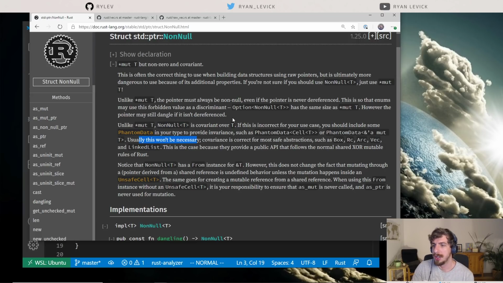Cool. Chad is asking, is it possible to use Box<[T]> instead of raw pointers in an N? It's probably possible to use Box<[T]>. I explicitly don't want to use slices for the implementation. So